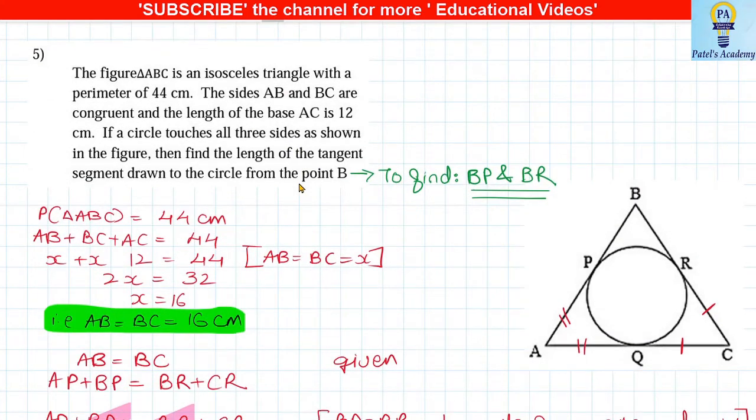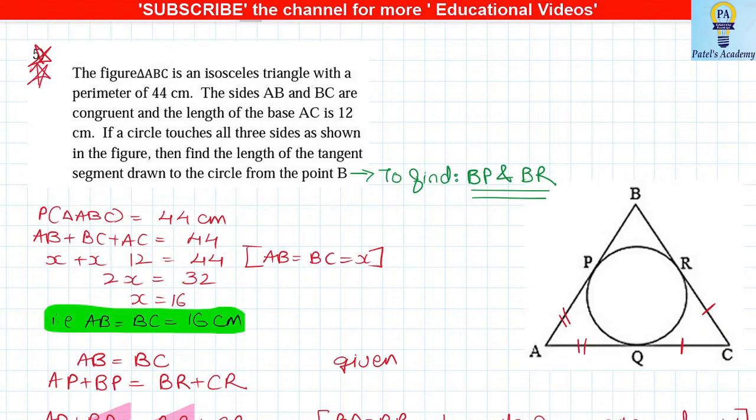Students, the next sum is again an important sum, sum number 5. So the first step. First thing, just read the last line of the statement, what they're given. You have to find the length of the tangent segments from B. Now, what is the meaning of that? From B, you have to find out the tangent segments to the circle. Means, see the figure, you have to find out the value of BP and BR. Obviously, they are going to be same because the property is tangent from external point. So we have to find out the value of BP or BR.